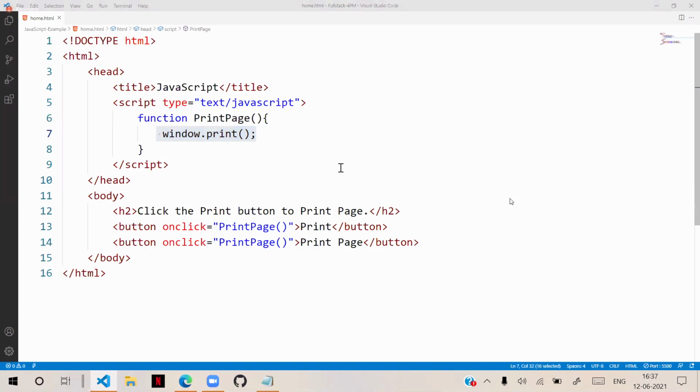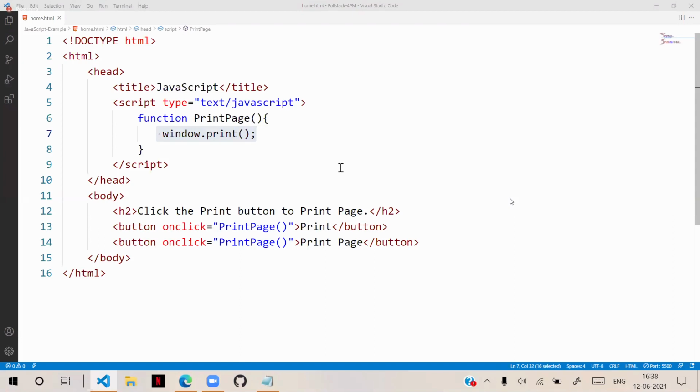Don't worry about what is a function, what is print page, what is window.print, or what the function names are.